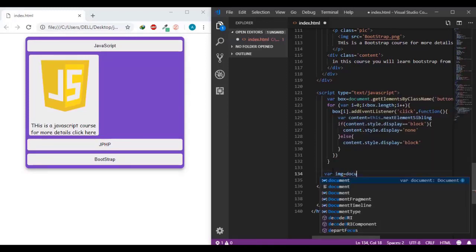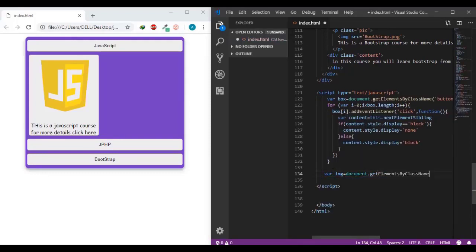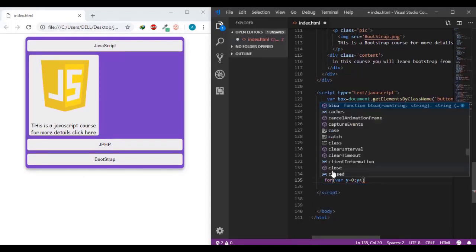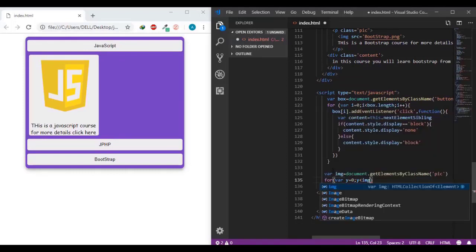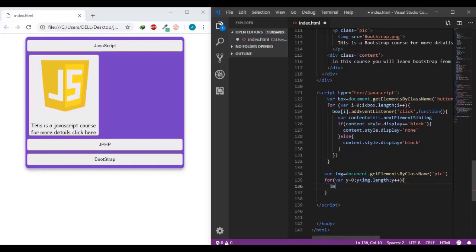So document, and let me make a for loop. Variable y equal to 0 and y is less than the image dot length and y plus plus, and inside the loop